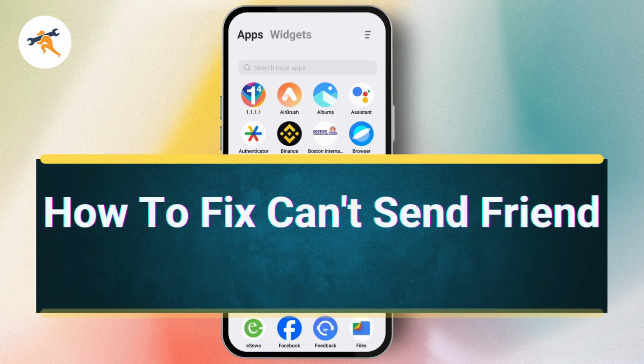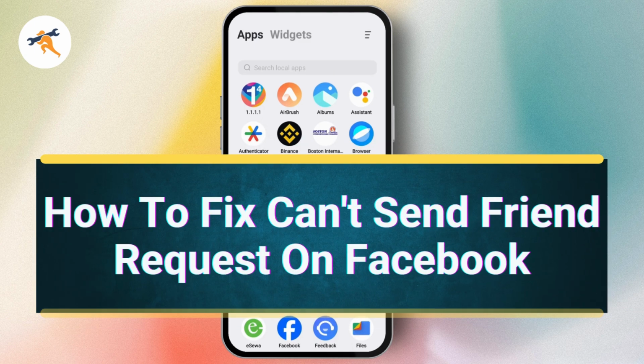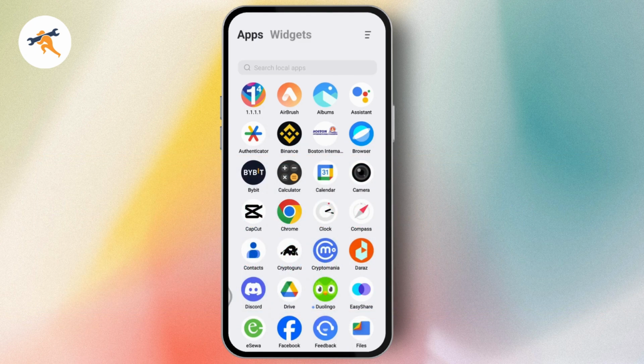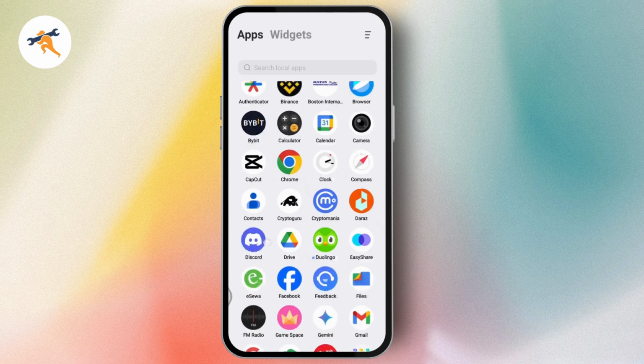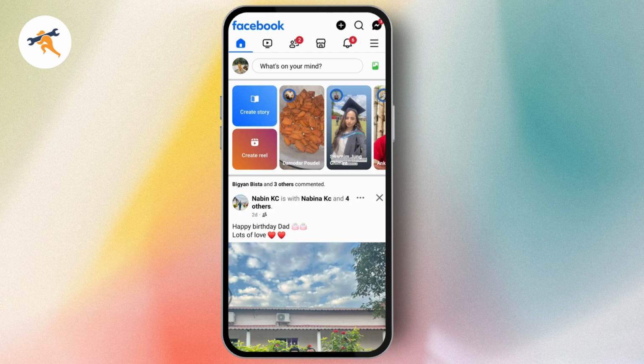How to fix can't send friend request on Facebook. So if you want to fix can't send friend request on Facebook, then first you need to open up your Facebook application. Once you open up your Facebook, now what you need to do is you just need to simply